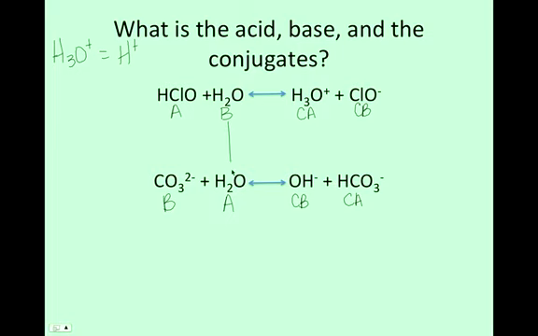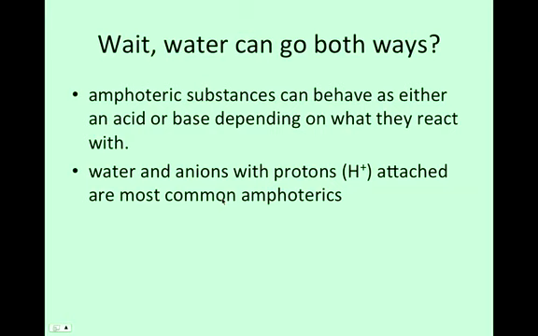So how many of you noticed here that in this situation water was a base, and in this situation water was an acid? Water can go both ways? Well, yes, it can, because it is something called an amphoteric substance. If you remember your biology Latin prefixes, the prefix amph means a dual state, like an amphibian lives in both an aquatic environment and a terrestrial environment. An amphoteric substance is something that can behave as either an acid or a base depending on whose company they're